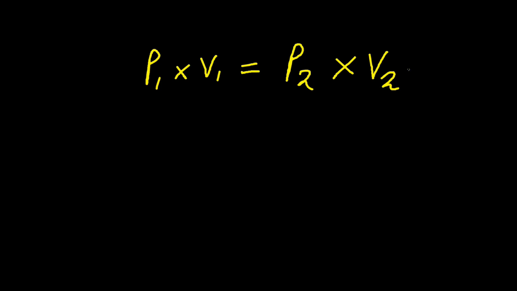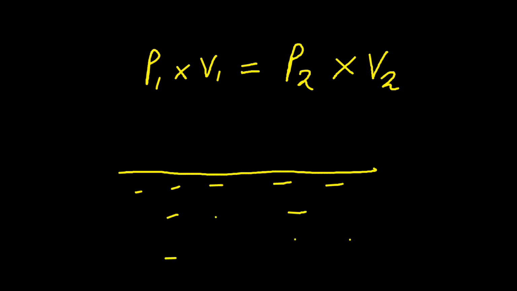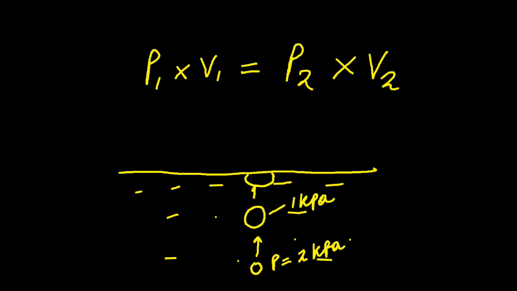Now, a very simple application of this is if you have water in a lake. Clear? An air bubble which forms at the bottom, as it comes up, it gets bigger. Do you know why? Because as it's rising, the pressure decreases, so the volume increases. Can you understand this? So, suppose now here the pressure is equal to 2 kilopascal, for example. And here the pressure is equal to 1 kilopascal. Clear? And here, let's say the volume is 0.1 meter cube. What will be the volume here? That's what they're asking you.